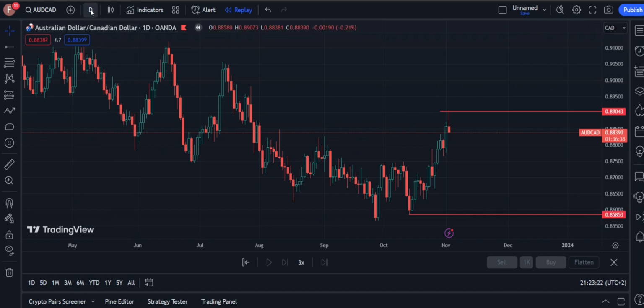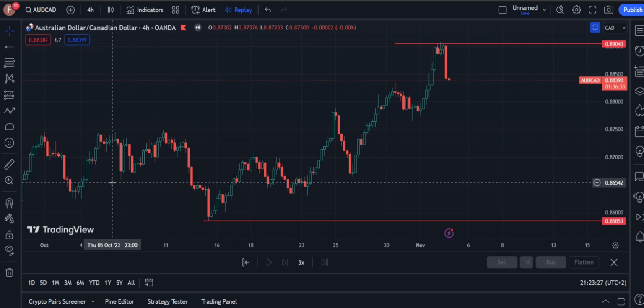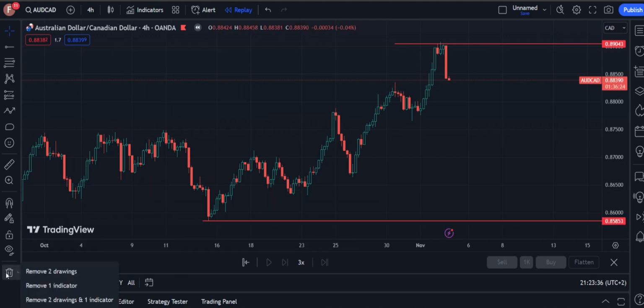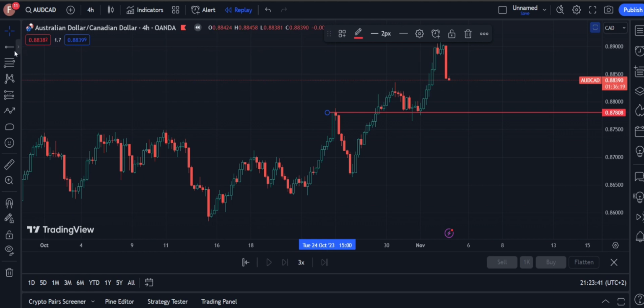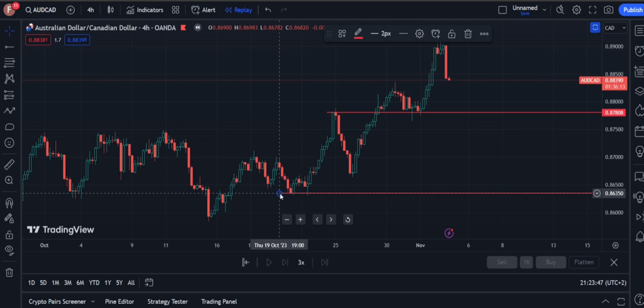So I'm gonna go back to H4 now. Since it's showing me a trend, obviously a trend has got higher highs and higher lows, right? So I'm gonna remove my trend lines. I'm gonna show you. So this and that, on a lower time frame, they are swing highs and swing lows, but on a higher time frame, they are not, right? So when you're drawing your Fibonacci retracement, those are the places that you need to keep in mind,